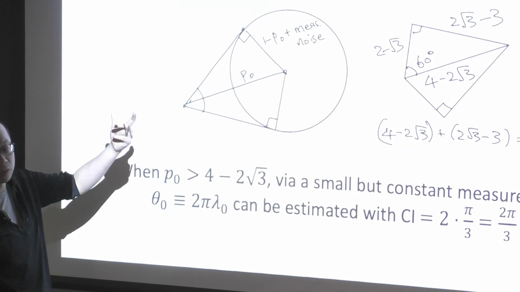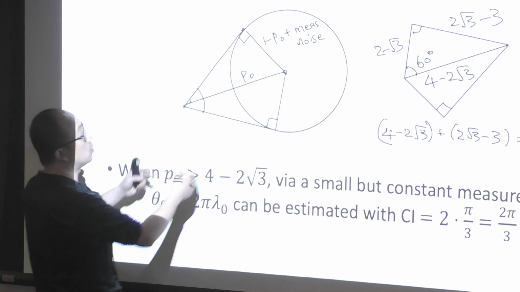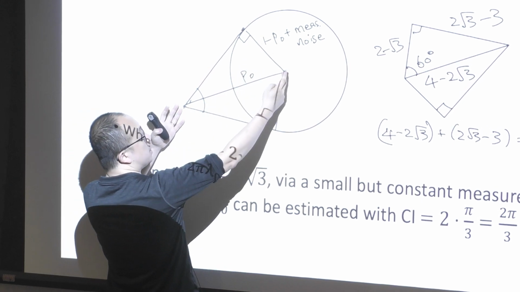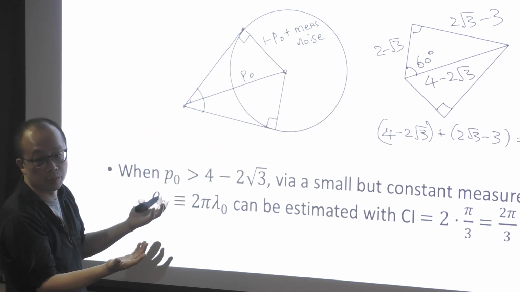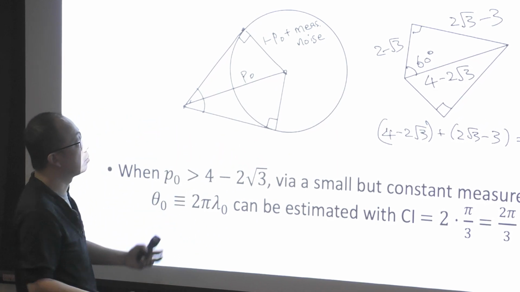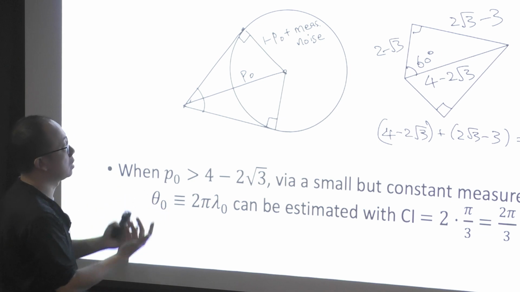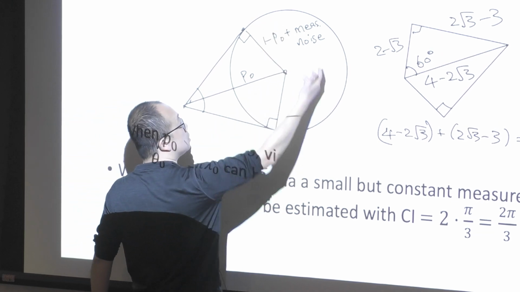Now, 1 minus P0 is a residual part, right? So therefore, 1 minus P0 is 1 minus the length of this P. You have no control over where it goes, because we don't assume any statistical model on the error or on the input data. So therefore, it could be anywhere in this disk.